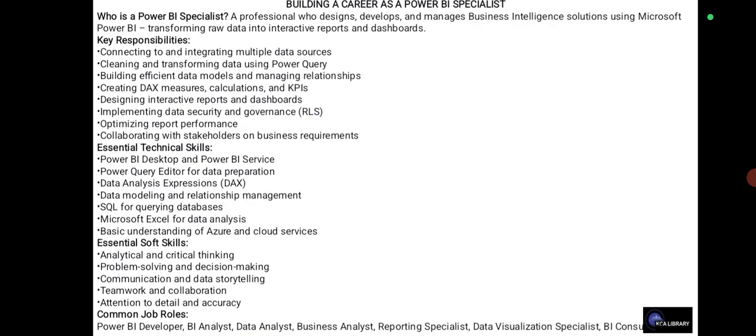Now let's talk quickly about how to build a career as a Power BI specialist. Now, who is even a Power BI specialist? A Power BI specialist is a professional who designs, develops, and manages business intelligence solutions using Microsoft Power BI. He is specialized in transforming raw data into interactive reports and dashboards. So the key responsibilities of a Power BI specialist include connecting to and integrating multiple data sources, cleaning and transforming